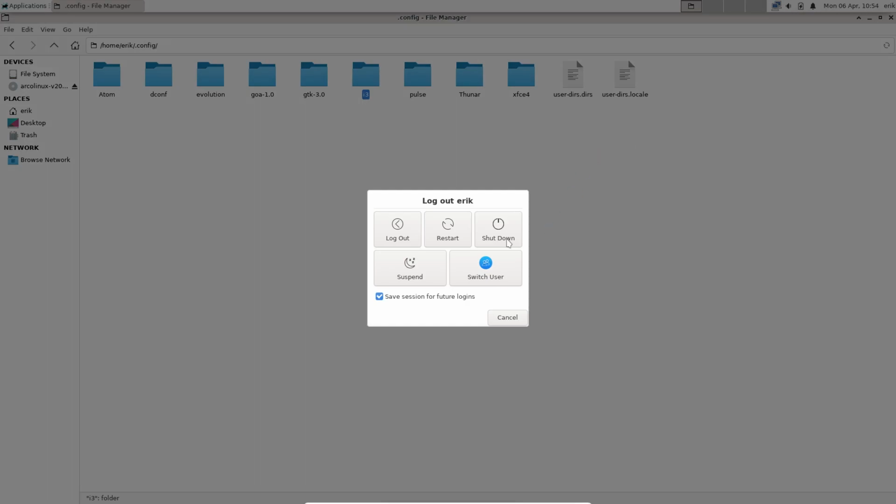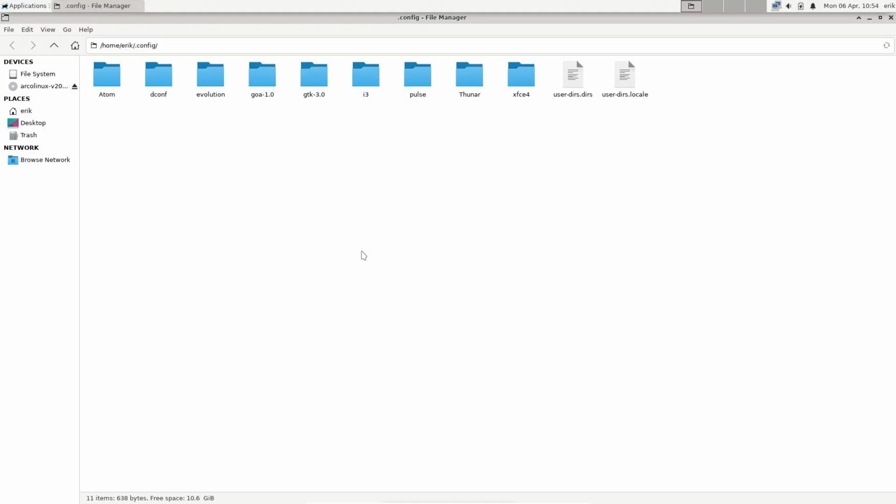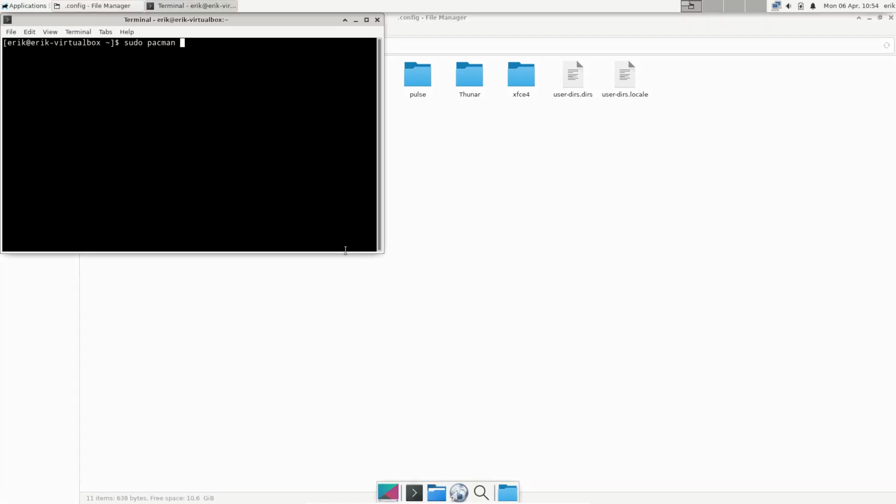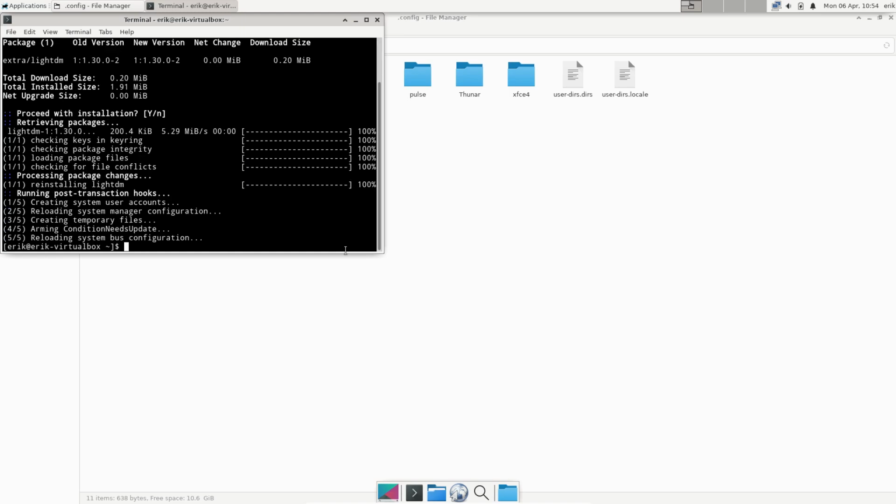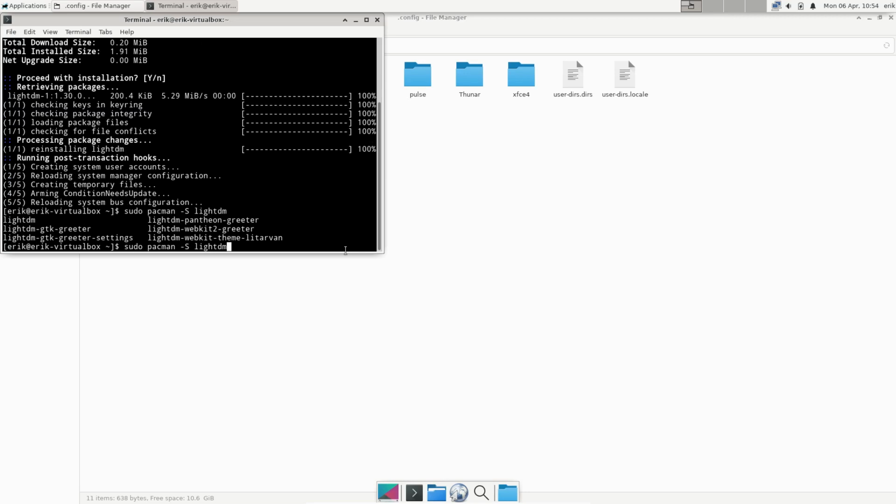So log out, and getting out of i3 is gonna be difficult. Right, with LightDM is still gonna be there, but what's not there is our nice little theme. It's not there. So let's give him something to show us. So LightDM is installed. Just to show you, I haven't done anything there, but it relies on LightDM, and then you just press tab a few times, right? And then it relies on GTK greeter,